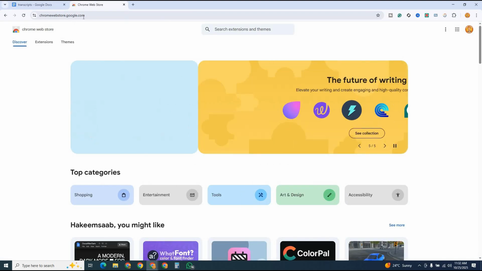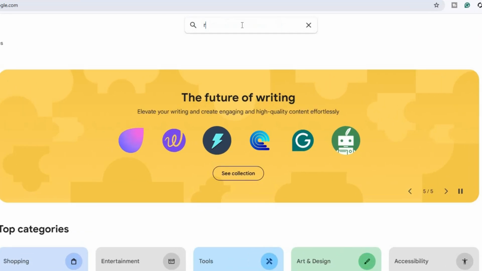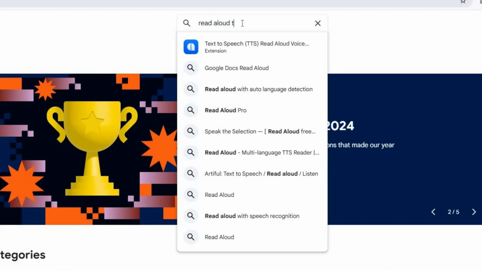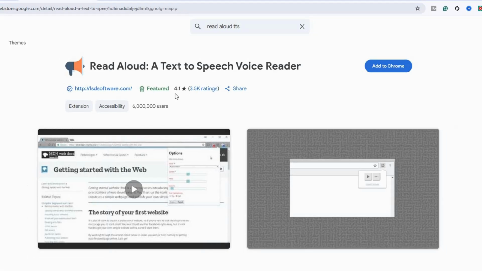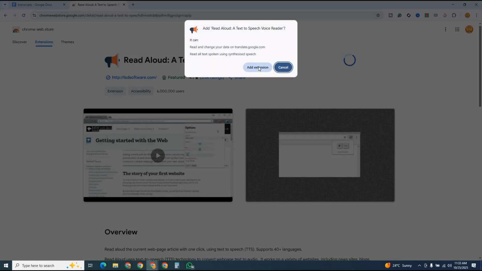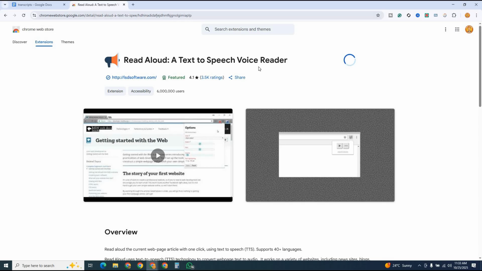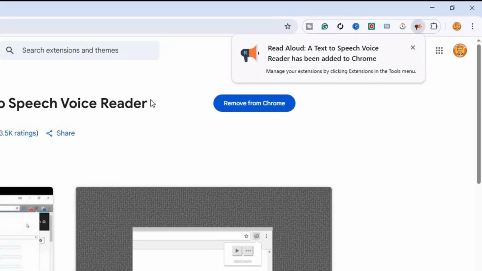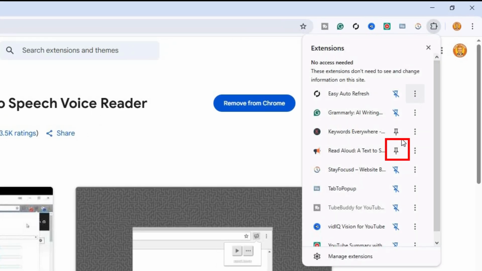Next, open the Chrome Web Store and search for Read Aloud by LSD Software. Then add that extension to Chrome. You only have to install these two extensions one time. After they are installed, open Chrome's Extension Manager and pin the Read Aloud icon so it stays visible in your